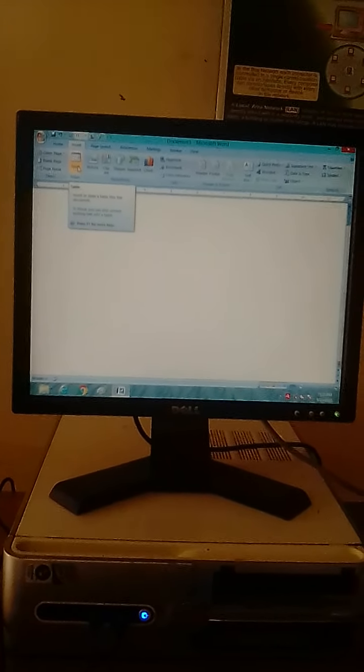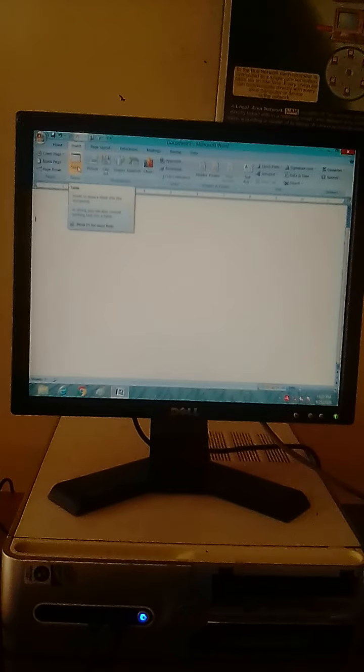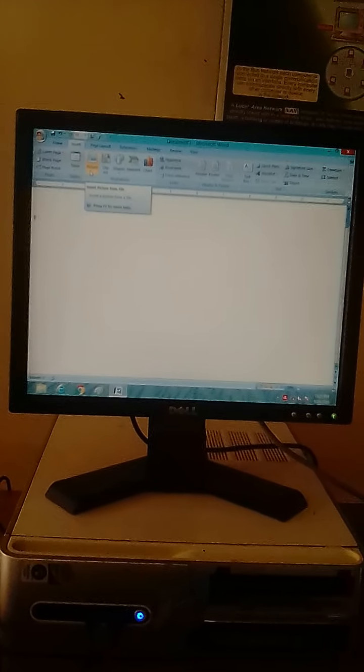So dear students, in the Insert tab we have already learned about inserting a table and you are also aware of it, but in today's lecture we will learn how to insert a picture on our document.